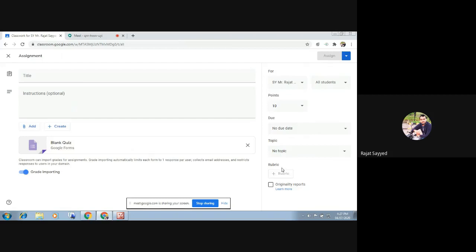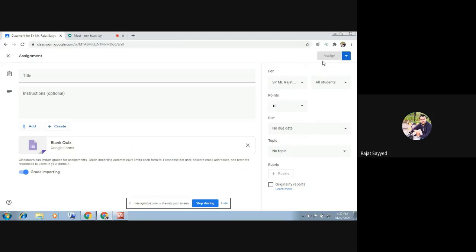Now the rubric part is not actually important in the objective type of question paper. The rubric is nothing but something that lets students know, when they attempt a subjective type of question paper, which question carries what, or in that particular question, which points need to be covered while writing an answer. That idea is given by the rubric. So in objective type, as such, we are not going to write anything. We are just going to select the correct answer. So the rubric part is not important in the objective type of question paper.